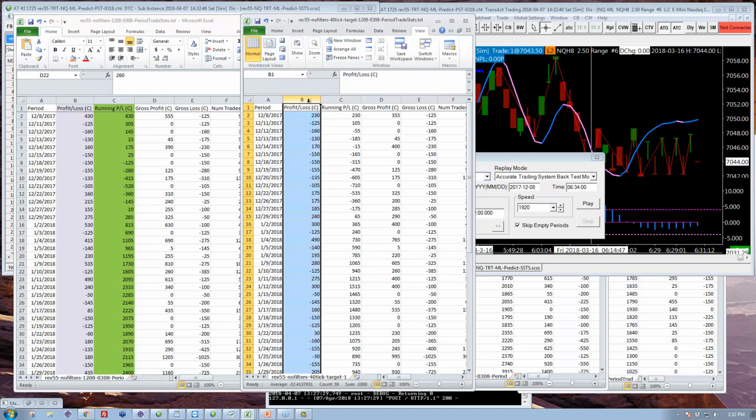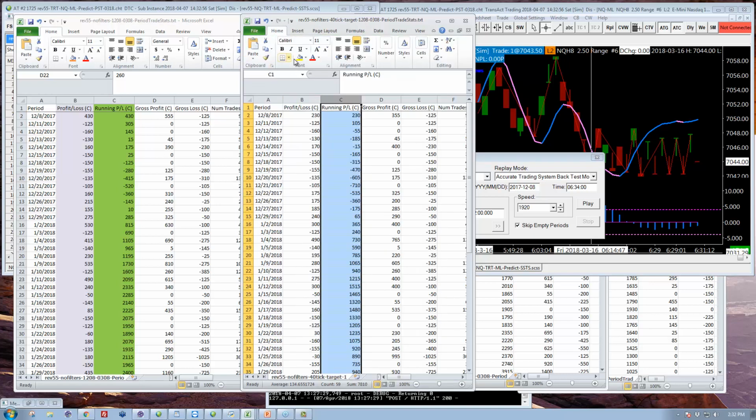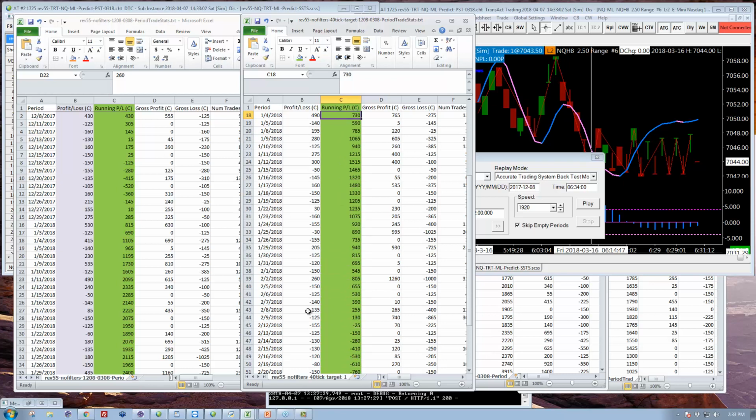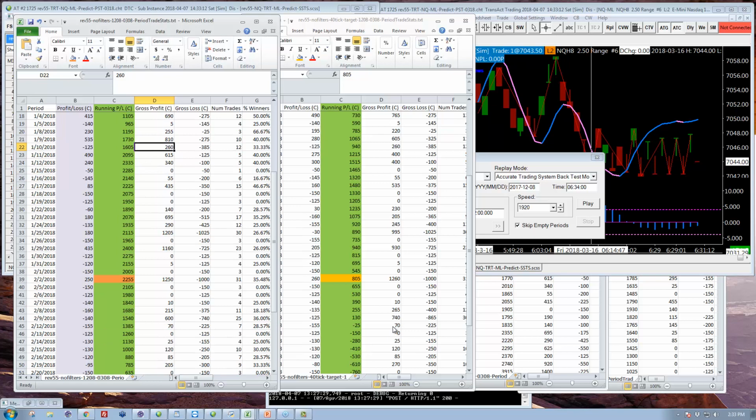Here's the P&L column. This is the running column. All right. So let's make that green. Oops. Thank you, Microsoft. All right. And so ultimately we're just going to look at that one right there. All right, that's the ending value. All right, and so what I see there is a really big difference. All right, so very clearly,